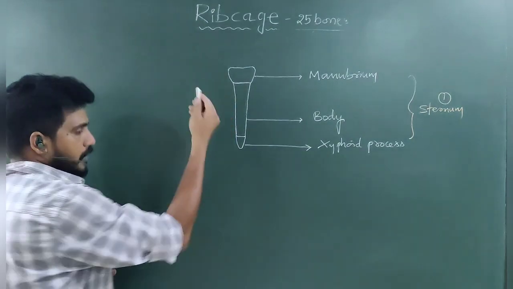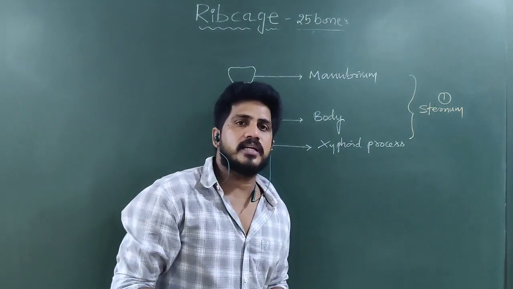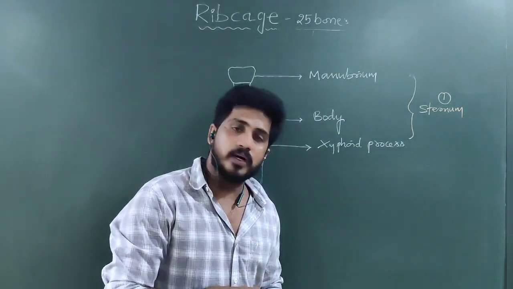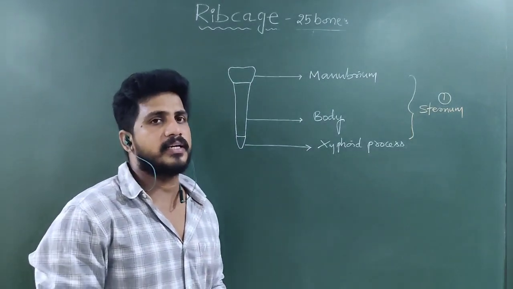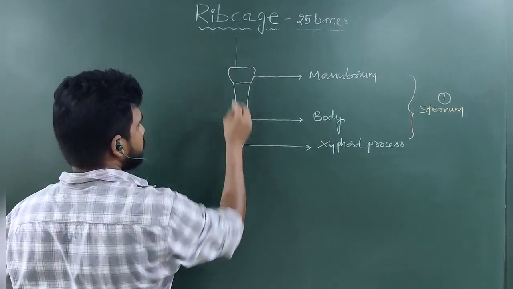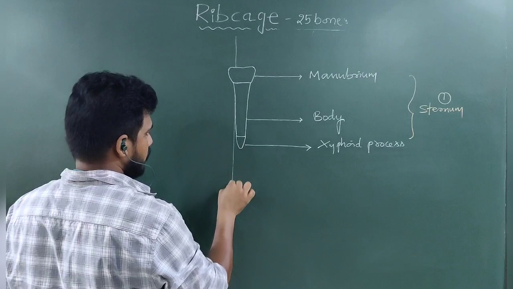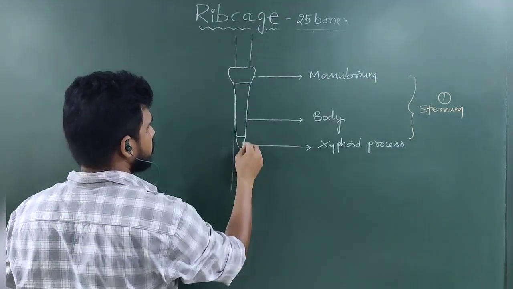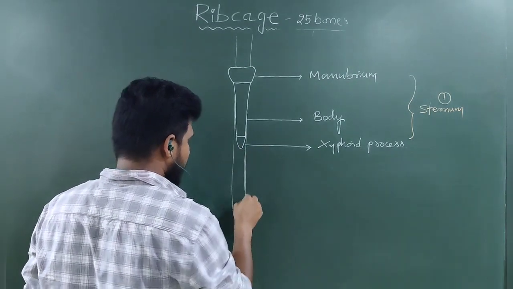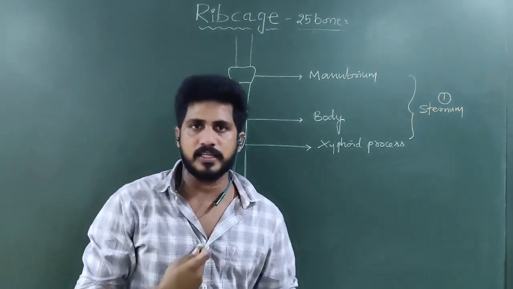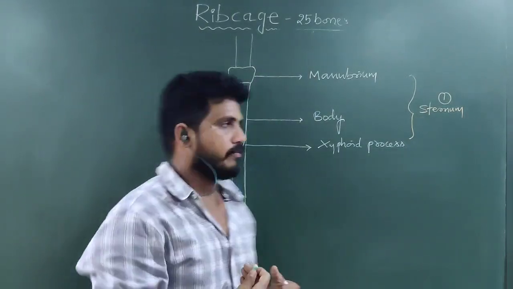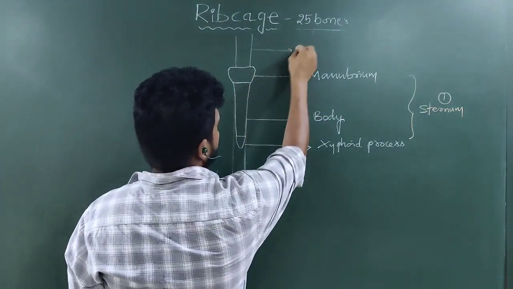So, rib bones are connected to the sternum, but they start from the dorsal side, supported from the vertebral column. So to understand the entire rib cage structure, we have to take the supportive structure, that is the vertebral column. The vertebral column is on the dorsal side. For our understanding, we have to draw like this. This is the vertebral column present back side to the sternum. This is the sternum, this is the vertebral column. So how the bones are connecting from here to here, we have to understand. For that purpose only, I took the vertebral column.